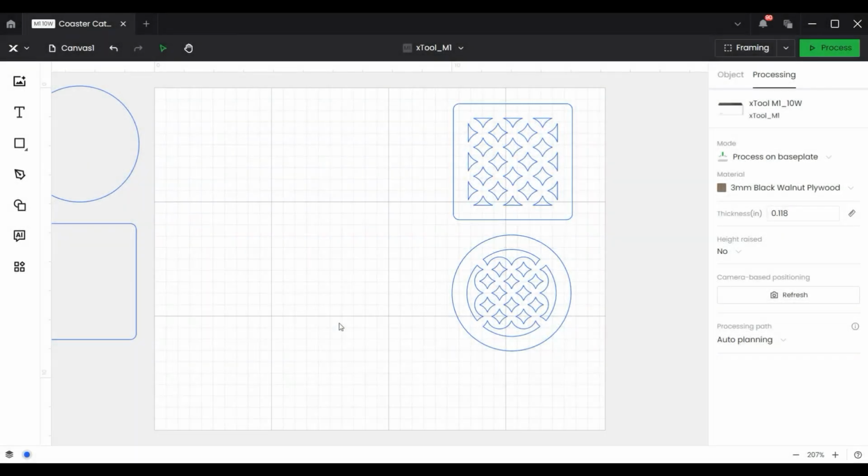So let me show you how I set these files up to send to my laser. I currently have the xTool M1 with the 10-watt laser diode. I'll be processing on the base plate. Even though I have a honeycomb, this would be the setting that I use. The material that I've chosen is the 3 millimeter